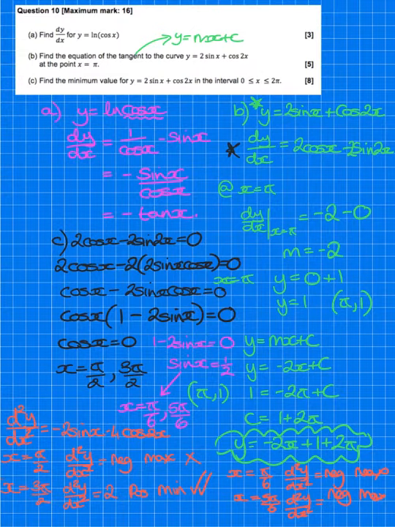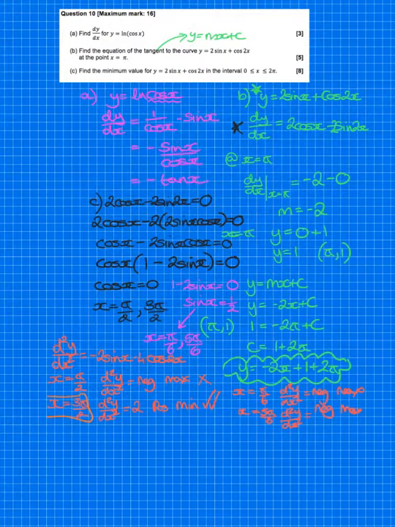of interest to us is this one at 3 pi on 2. We need to find out what the minimum value is, not where it is. We know that it's when x is at 3 pi on 2. So what we need to do is work out the minimum value, which is when x equals 3 pi on 2, and that is when y equals, because remember y is 2 sine of x, which is 3 pi on 2, plus cos of 2 times that, so that's going to be 6 pi on 2,